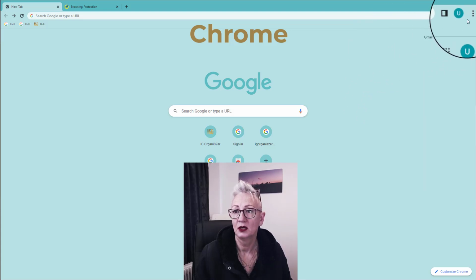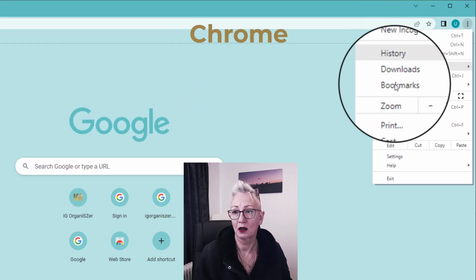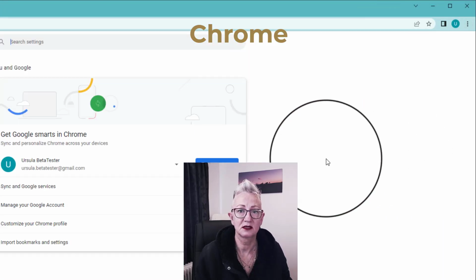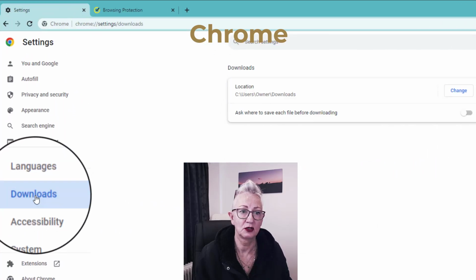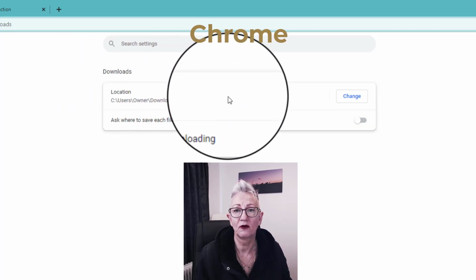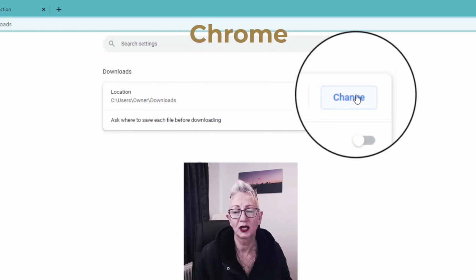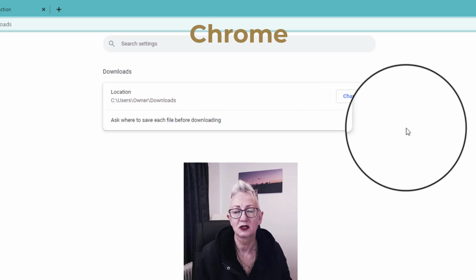So on Chrome, you go to the three little buttons at the top here, which gets you to a contextual menu. You go to Settings, and then on Settings, you scroll down the left-hand side and you click Downloads. And this is where it shows you what the default file is set to. So you can either change that to a file or a folder that you use often, or the best thing to do is to turn this on so that every time you download a file from the internet, you decide